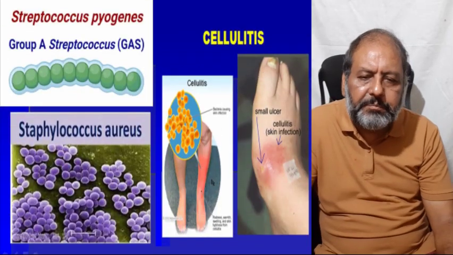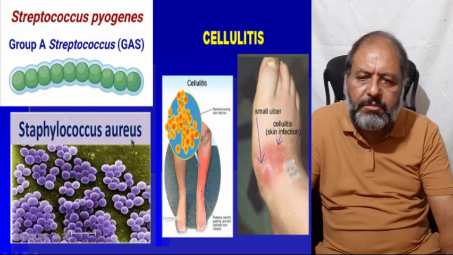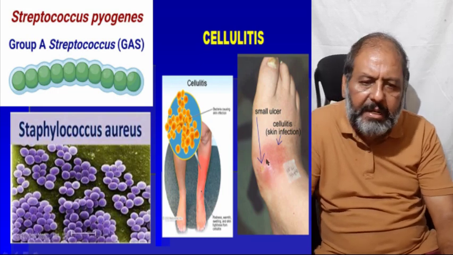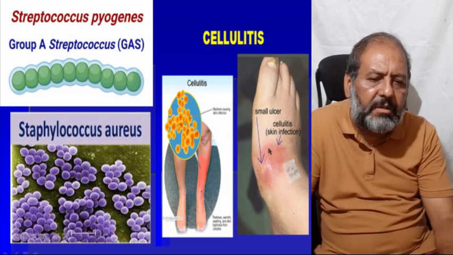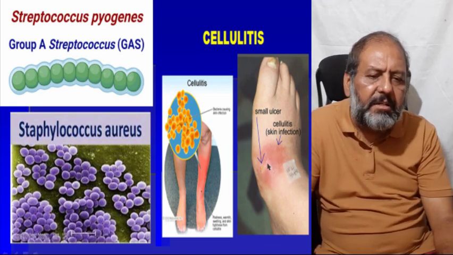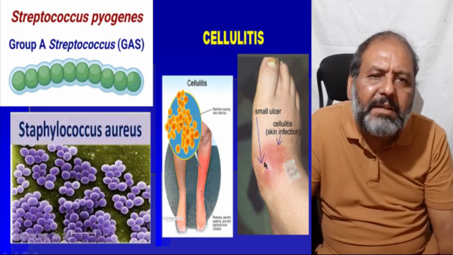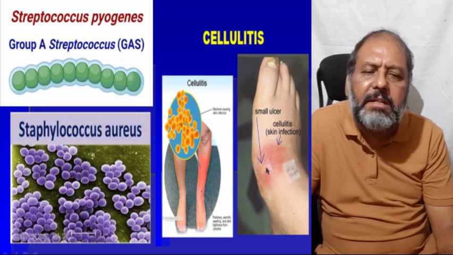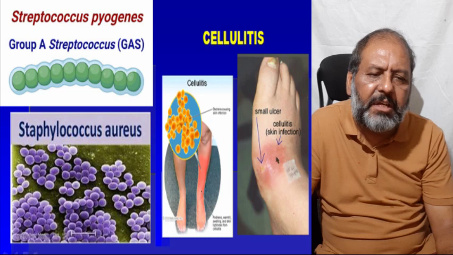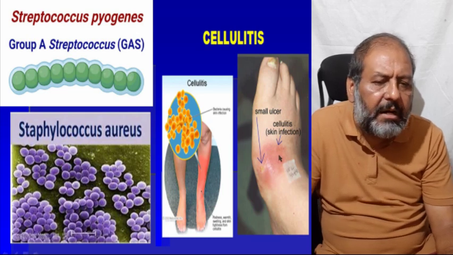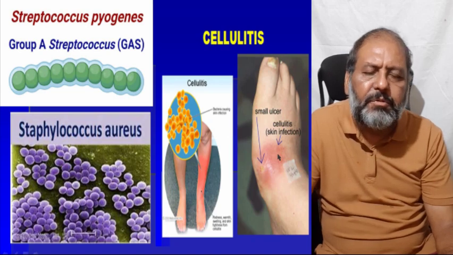underneath skin. Here one can see Streptococcus pyogenes, these are in chains, and Staphylococcus aureus, these are in grapes. Here one can see these are causing cellulitis of the foot, from a small ulcer, leading to the infection. Basically, the infection spreads under the skin. On the skin it is an ulcer, but most of the time the infection spreads under the skin, and that gives the red color of the skin, very hot, and that just gives you the suspicion of